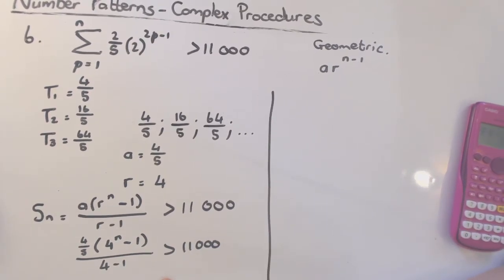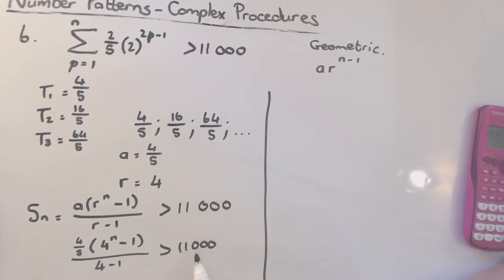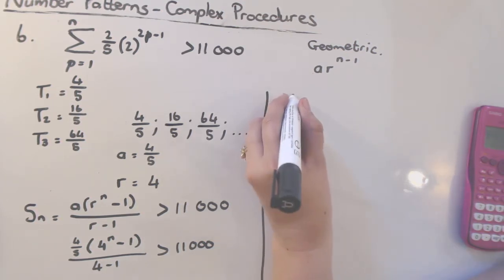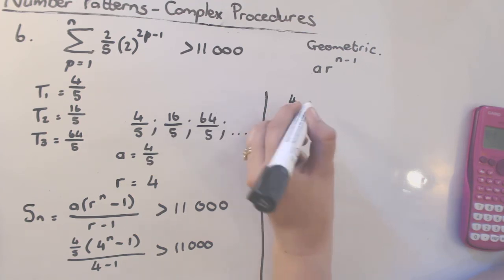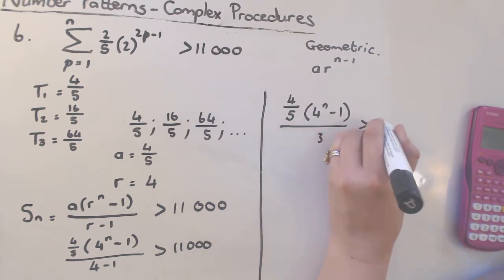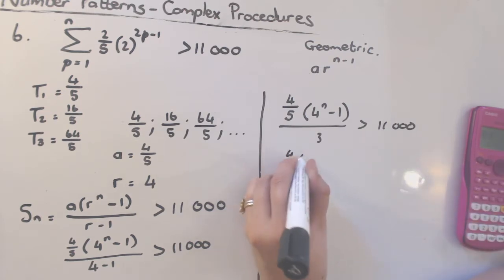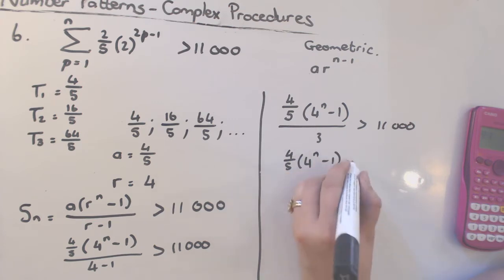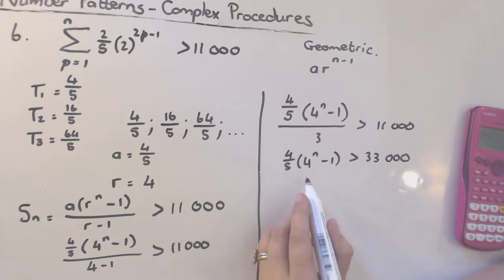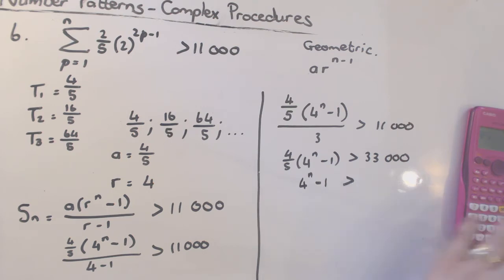Okay, sorry about that. So I've got this, must be bigger than 11,000. So I can take this, 4 minus 1 is 3. I'm just going to write that over there. 4 over 5 times 4 to the power of n minus 1 over 3 must be bigger than 11,000. So I multiply by 3 both sides, so 4 over 5 times 4 to the power of n minus 1 should be bigger than 33,000. Then I can divide by 4 over 5, so 4 to the power of n minus 1 should be bigger than